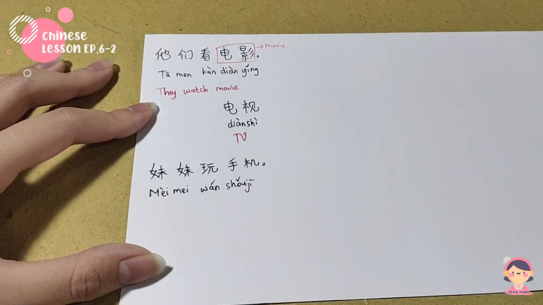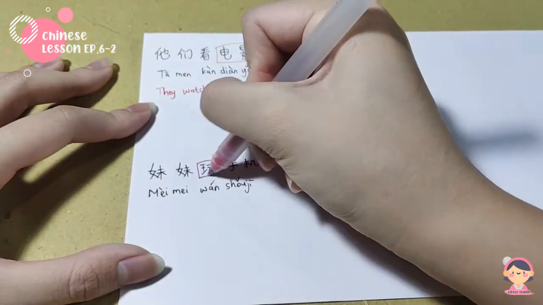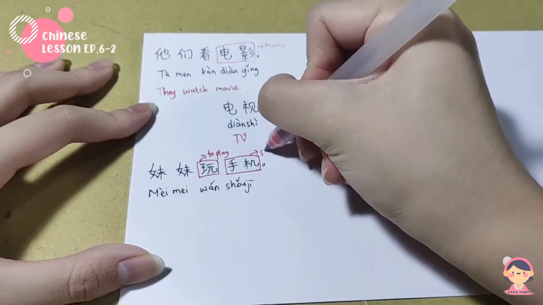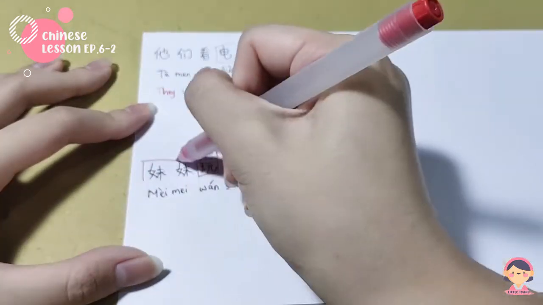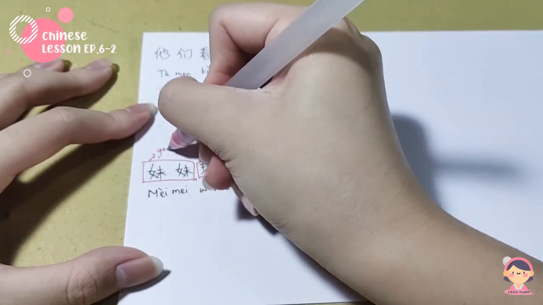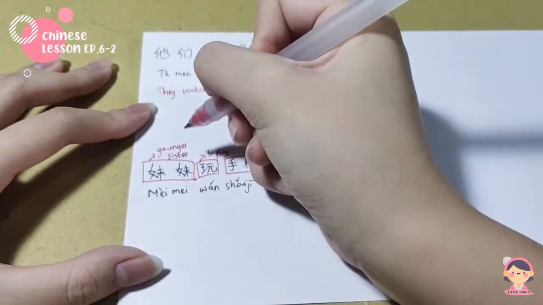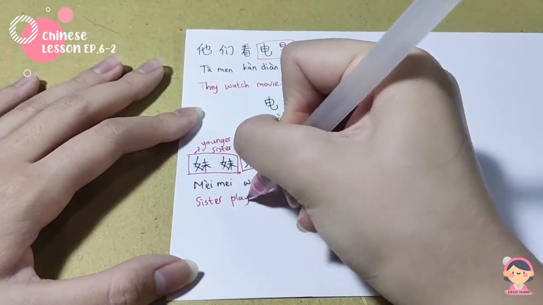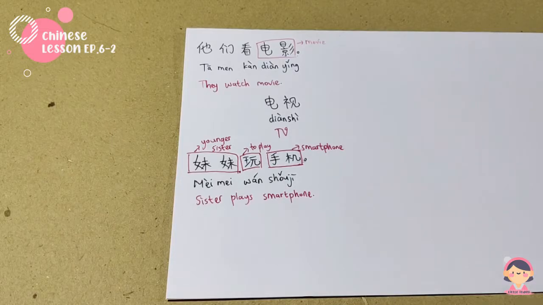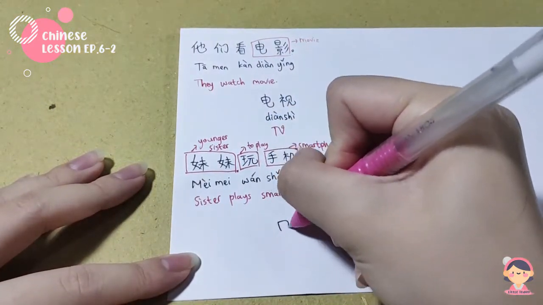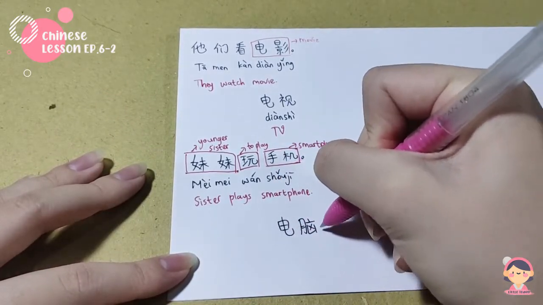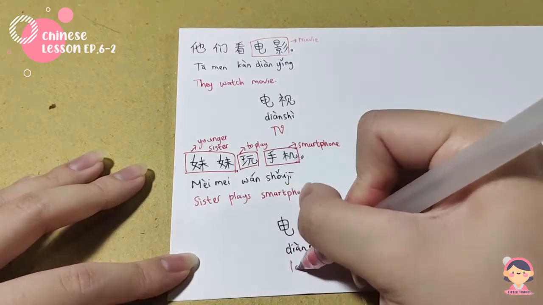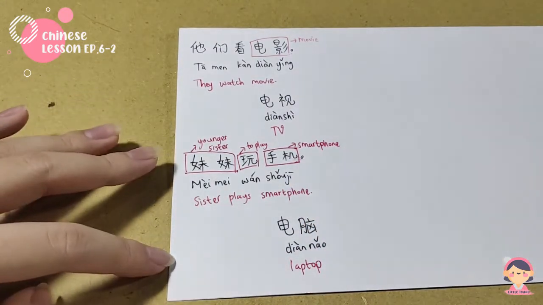妹妹玩手机。玩 is to play and 手机 is smartphone. And 妹妹 is younger sister. So 妹妹玩手机 means younger sister plays smartphone. Another object that we can use with 玩 is 电脑。which means laptop. 妹妹玩电脑。The next one is